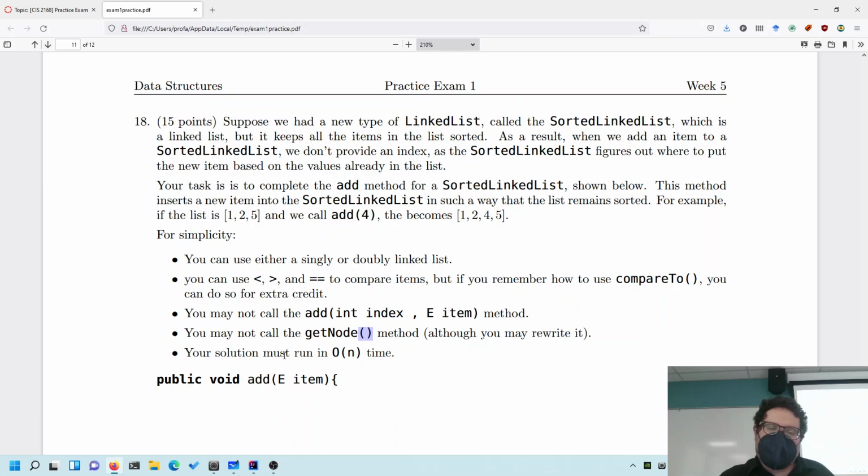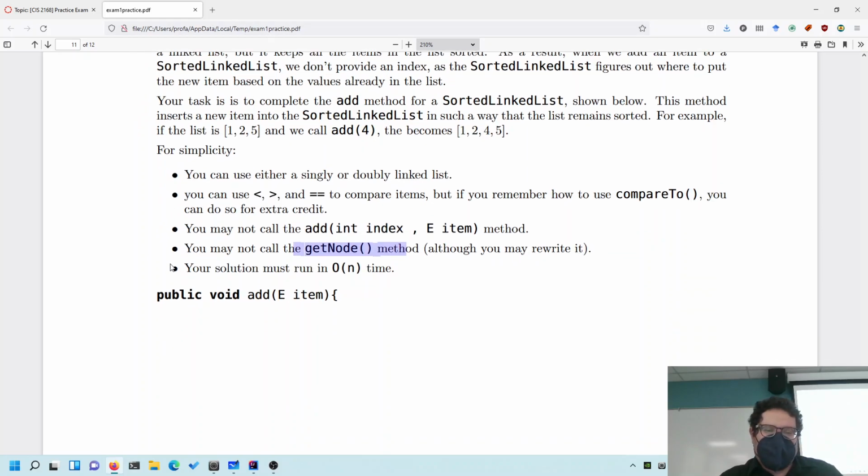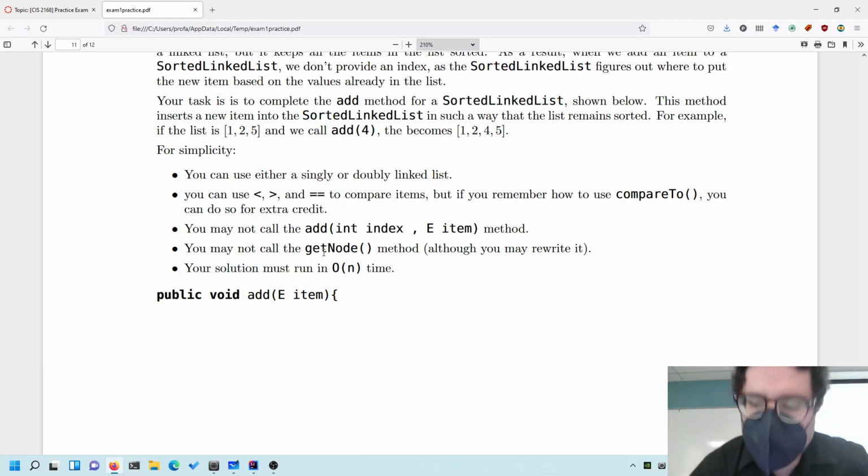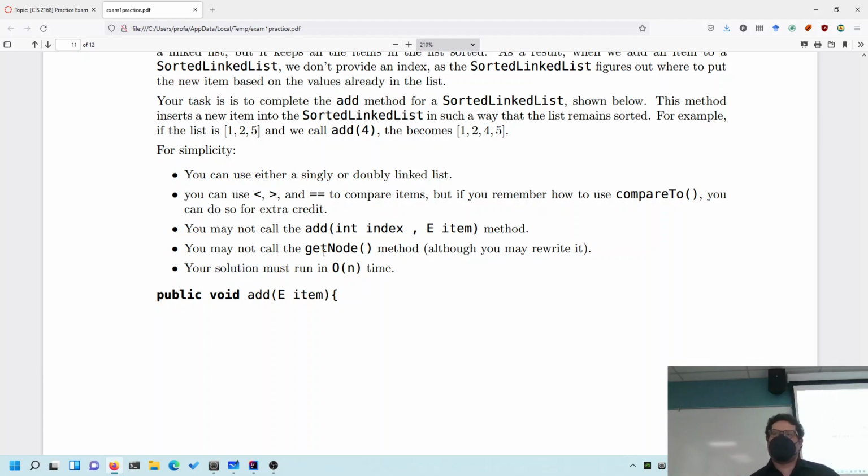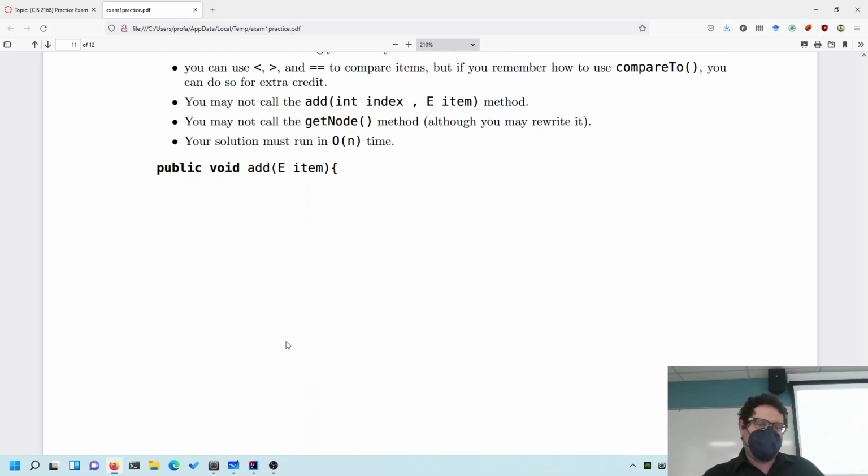because it's a linear time operation, and your solution must run in linear time, which means that you can only really use the getNode method once. And if you're going to use the getNode method, you probably have to do it multiple times. So linear time. On the exam, the problem might be worth 20, 25 points. The linear restriction is something like that. If you can't solve it in linear time, that's like a 5-point penalty. Okay, so it's not going to be instantly wrong. It's going to be, well, that's the price I pay if I can't do it this way. Okay, so because I do want to make sure that you understand it, but sometimes you can't get to the